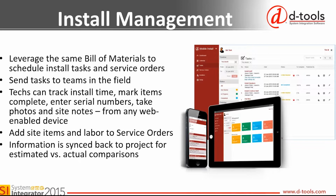And then the final part of it, which is essentially at times the most critical element of any project, is the installation and service project management. Our software has a complete project scheduling, resource management, and powerful reporting capabilities to help ensure that you deliver your job on time and to budget. And it makes it easy for you to assign your internal installation and programming teams, schedule those tasks, then communicate those tasks via email, tasks or appointment via Microsoft Outlook, Google Calendar, or any other system that you guys might use internally. And then, of course, schedule install tasks for your team to generate reports and track the